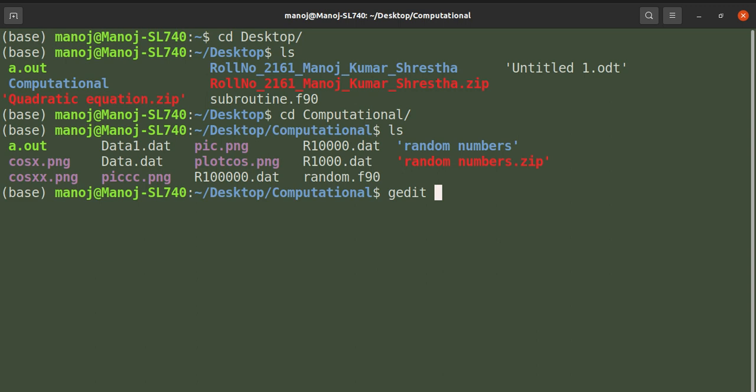So I use a text editor, gedit, in here. I name that program as do while, okay? Let me name it as do while.f90, so that it will open in gedit. Remember, you cannot use a space while naming the file, so you have to use the